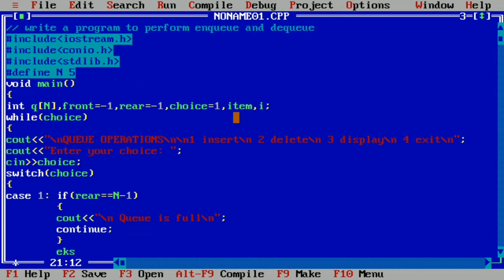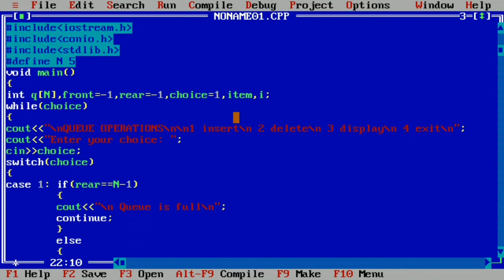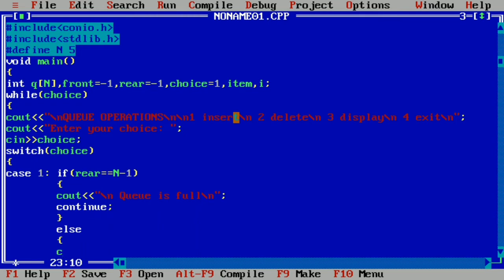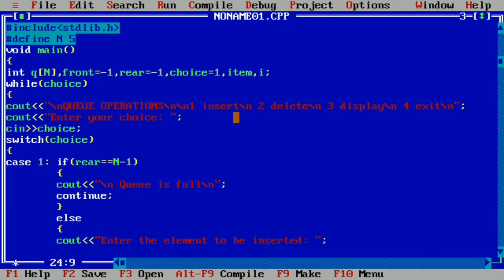Now we'll use the else part, curly open brace. Now we'll write cout, enter the element to be inserted. Next, cin.